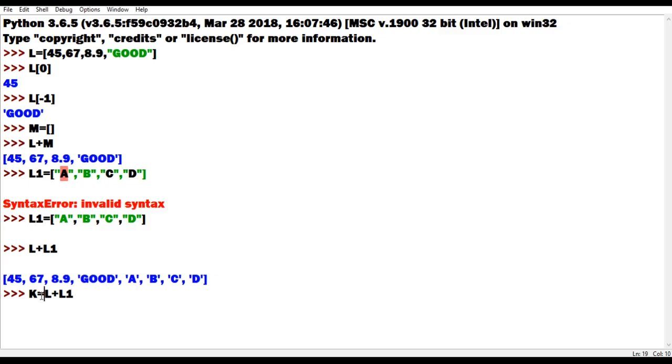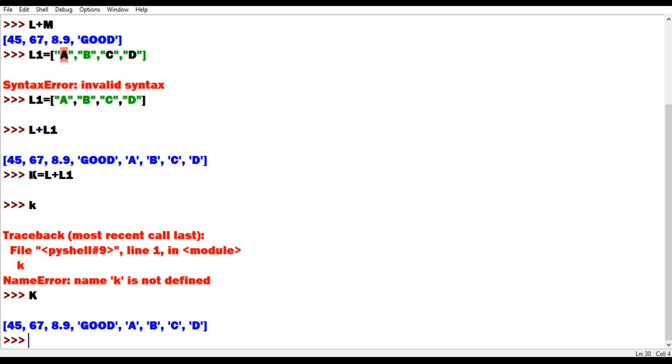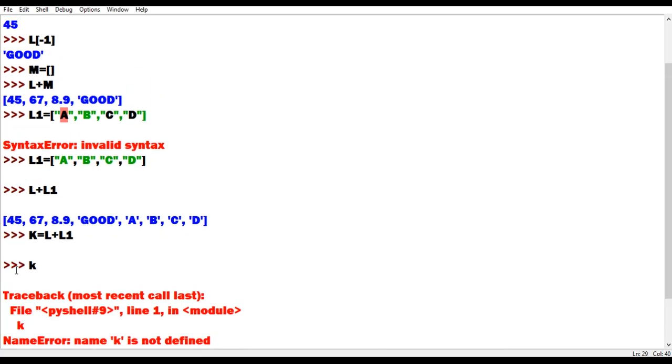So I have given the assignment operator and the value will get stored in K. Now if I'm printing capital K, I'll get the same answer which is printed here, because L plus L1 is getting stored in K. So joining of these two lists can be done using the plus operator.